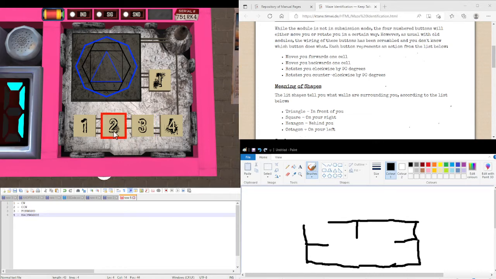We could just check that by going counterclockwise, walking forwards, going clockwise, walking forwards, going clockwise again. So we're now standing here and facing this way. If we go forwards, we get three walls. Okay, these three walls we go down here. So let's turn around again, walk forwards, go counterclockwise, walk forwards, counterclockwise, walk forwards, clockwise, and now let's walk forward